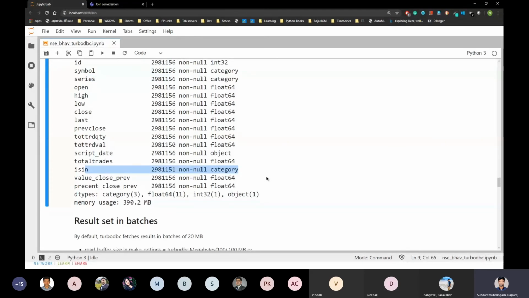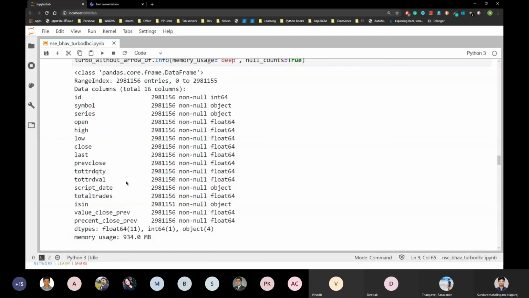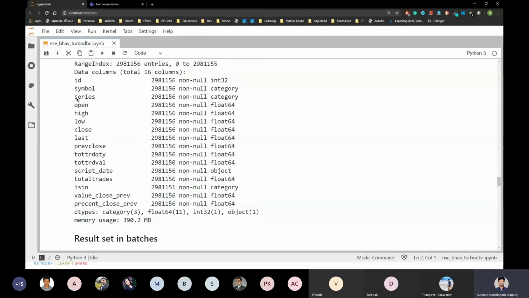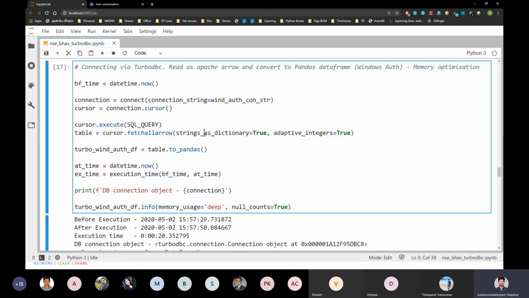It takes 390 MB, whereas here it takes 934 MB. If you convert these things to categorical and this to integer 32, you can achieve the same memory usage, but while reading itself, you can do this. You can set these two parameters, strings as dictionary and adaptive integer, so it converts those things.